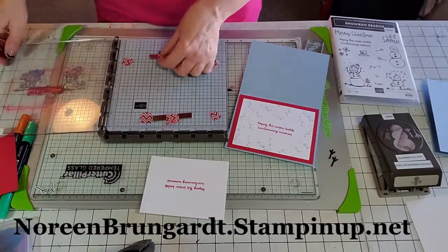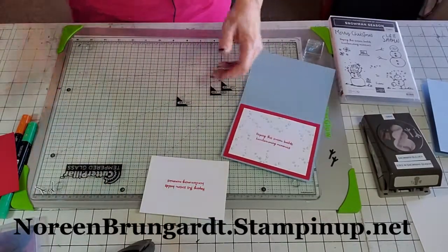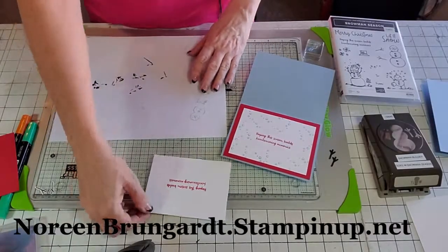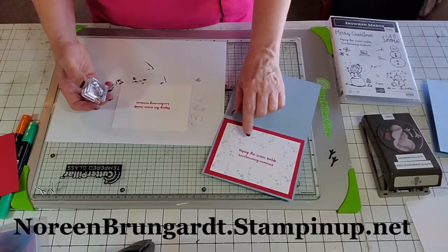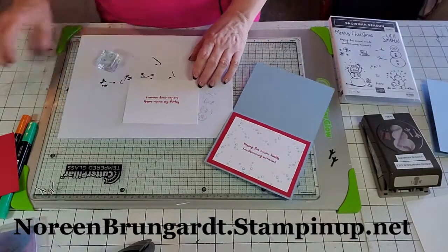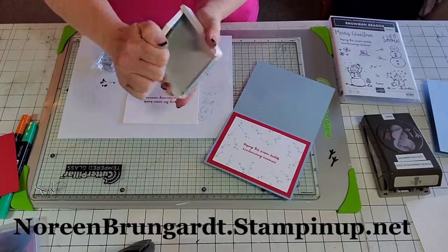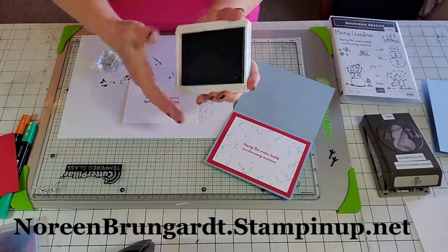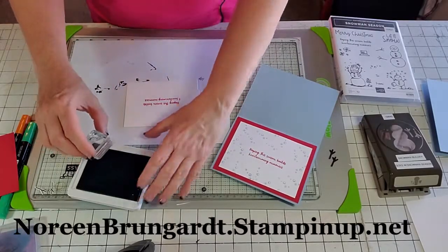Then we're going to take our Stamparatus and put it to the side. And then I'm going to grab some scratch paper, and I'm going to stamp all the little snowflakes. So I'm going to take Balmy Blue, and once again, open it real carefully. Put your paper over some scratch, because what you're going to do is